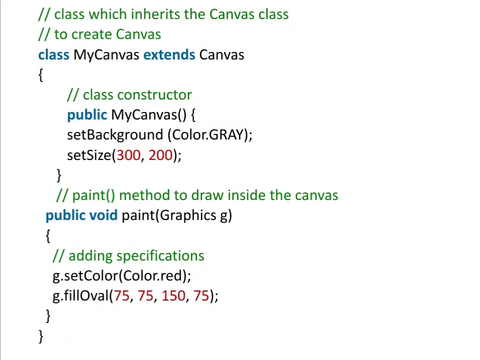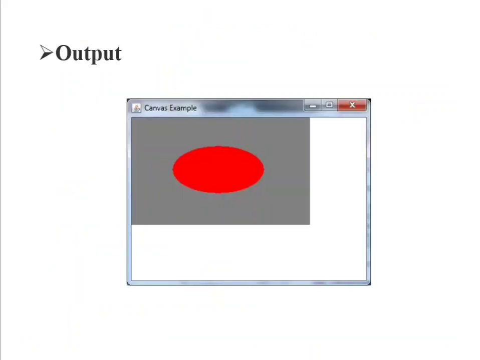Scroll bar is a GUI component that allows us to see the invisible number of rows and columns. It can be added to a top-level container like a frame or a component like a panel. The ScrollBar class extends the Component class. Then the ScrollBar class declaration: public class ScrollBar extends Component implements Adjustable, Accessible. This is the ScrollBar class declaration.